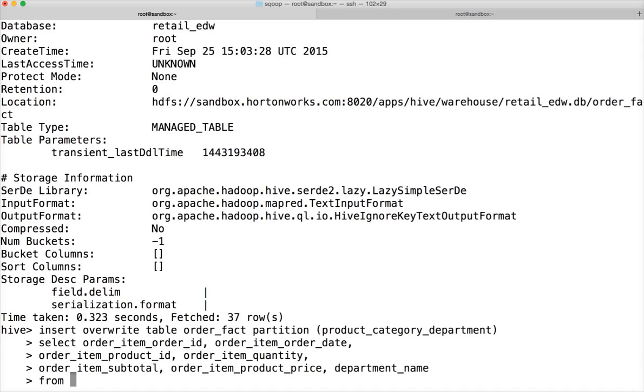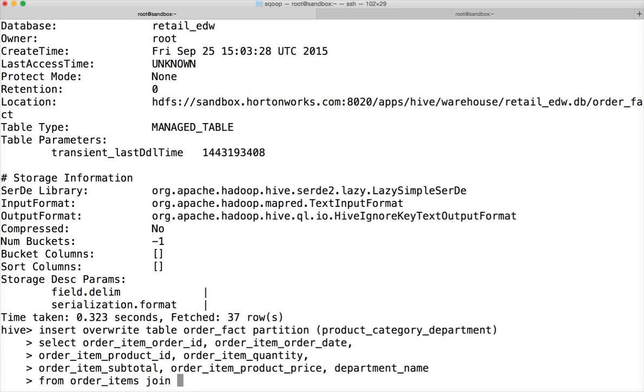There is no need to join orders for this query, because that is already taken care of as part of our ODS table. The ODS table already has order items, and already has the field order item order date, which we populated using orders while inserting data into order items in ODS earlier. So there is no need to join the orders table in this case. So from order items,